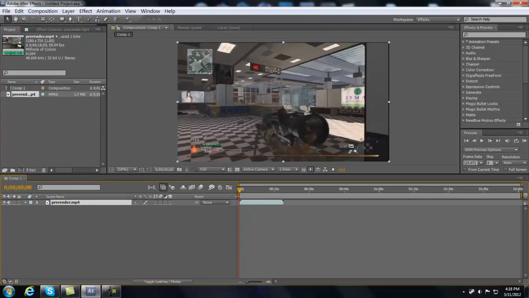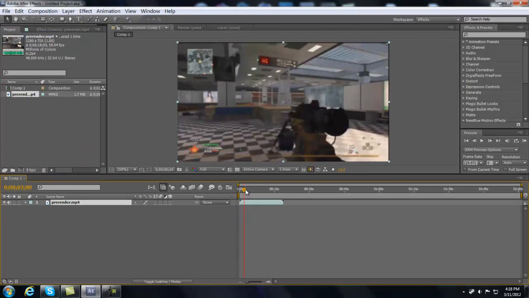got the video and I Twixtered it apart and then pre-rendered it, because you can't mask over Twixtered. You can't mask over Twixter, is what I'm trying to say. I don't know why, you just can't. So what I did is I added Twixter and I just pre-rendered it. Then you import it back into After Effects, and now you are ready to go ahead and start making your